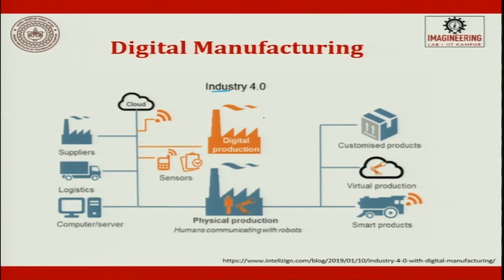So, this is the digital production, and here we use virtual simulation to understand whether my company can make it, and finally they make it here. And this is the physical production happening on the product, and these are the output of this customized product. Virtual production can be shown and smart products can be developed. And today even the truck which takes the product and keeps moving towards the customer is tracked through GPS, and they are able to update the customer on how things move along the way.